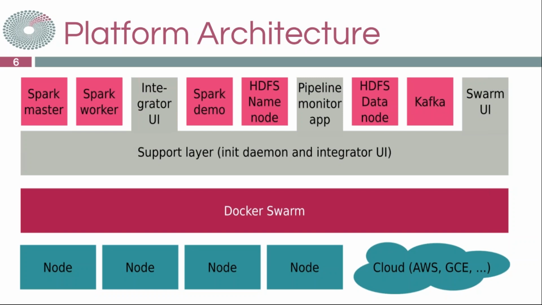However, one thing that we found missing here is an execution workflow of different components. For example, in order to get started with Flink, you want to have the HDFS cluster up and running before a Flink worker tries to read from HDFS. Similarly, a Flink worker trying to connect with a Flink master needs the Flink master up and running before the worker tries to connect with it. So we have created an init daemon which allows us to create such a workflow at scale.